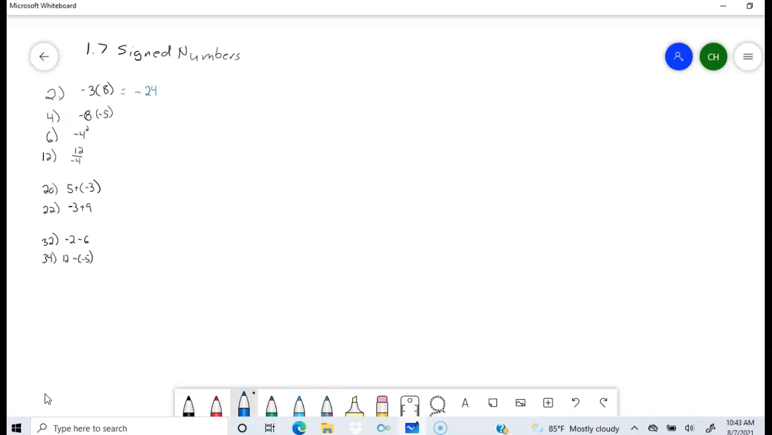The next one, I've got a negative times a negative. My result is going to be positive. A negative times a negative is always positive. 8 times 5 is